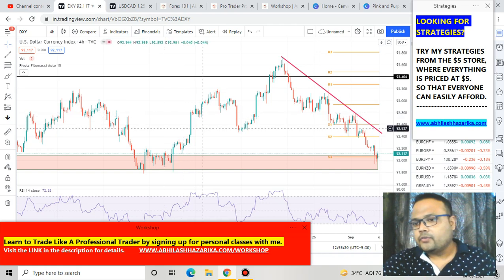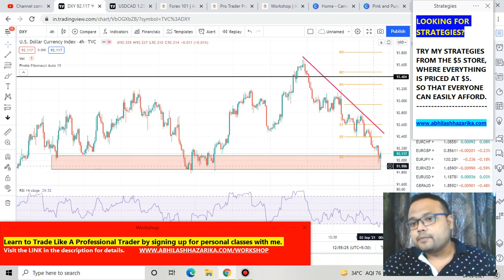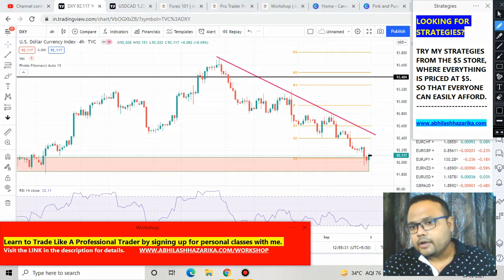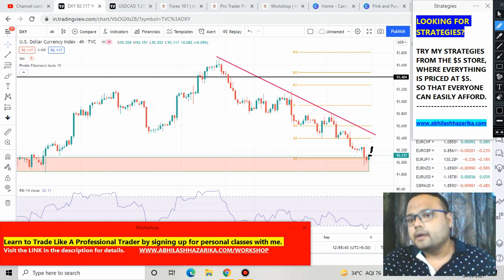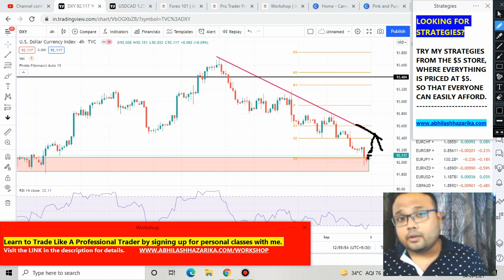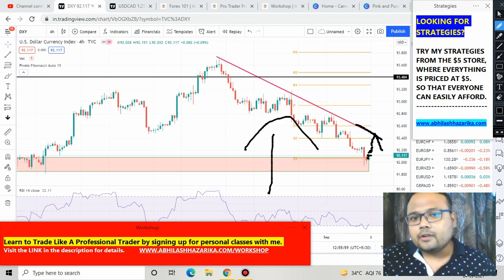But what we need to focus on here is that after this huge selling pressure, the US dollar is standing at a support. So there is a good possibility that on Monday the market may try to go up a little. That will not be a trend reversal, but there is a possibility the market will try to recover. Again, the market has a resistance in the form of this trend line, so after hitting the trend line, there is a good possibility the market will go down again. But what I'm saying is that on Monday the US dollar may go up, and if the US dollar starts going up, then definitely USD CAD will also go up.